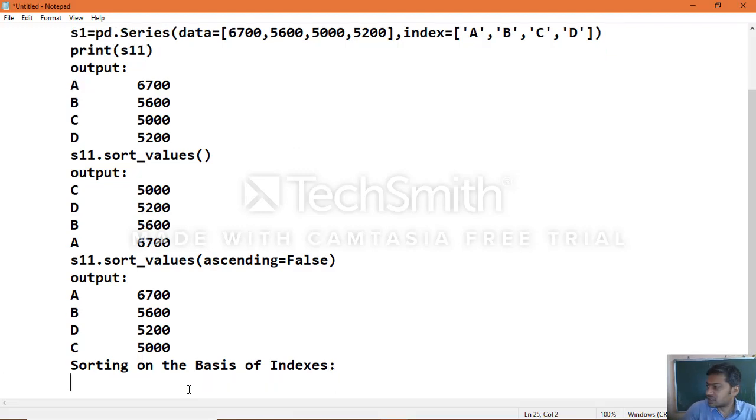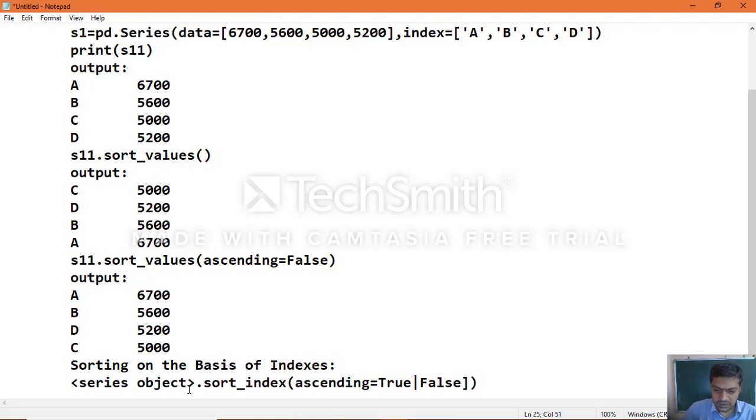The syntax again: series object dot sort_index of ascending equal to true or false.